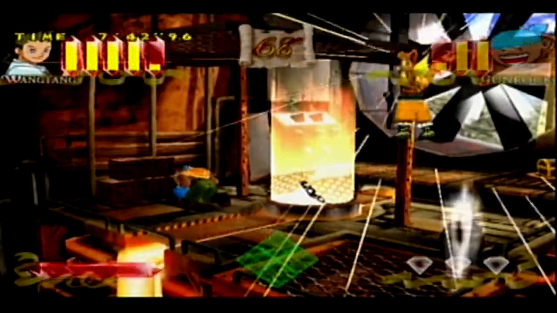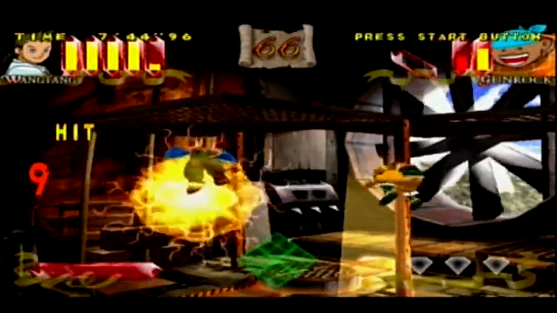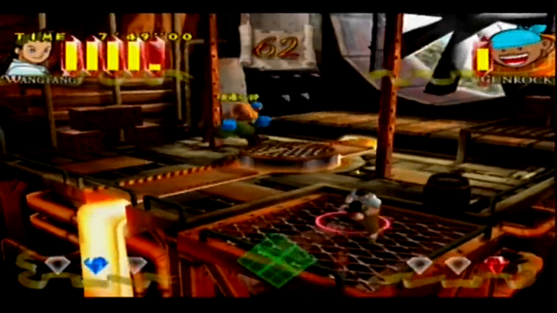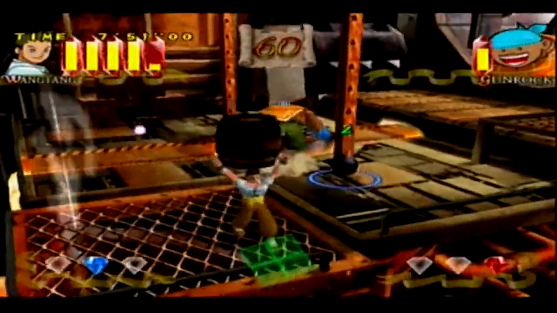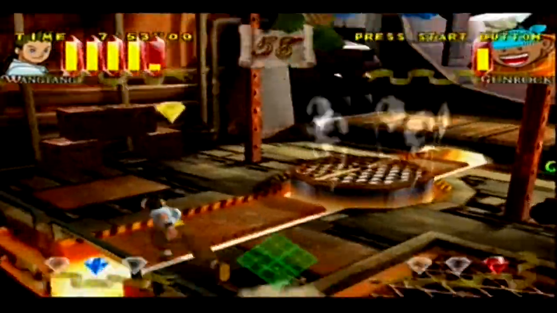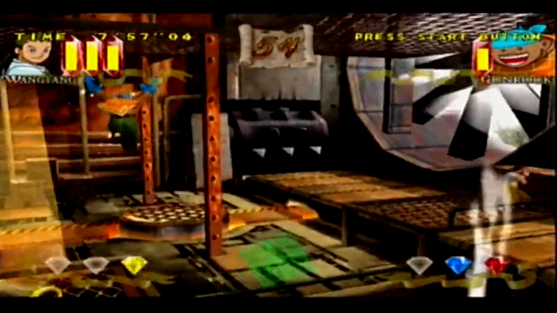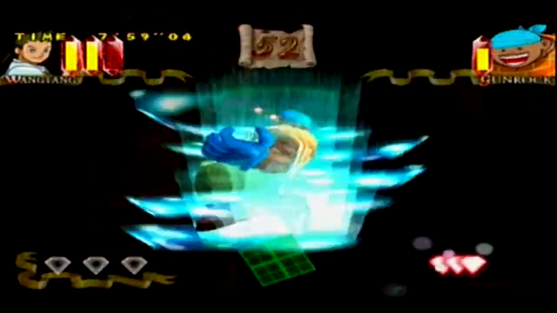Hopefully we can deal with Gunrock without too much difficulty here, because he has one of my least favourite powered up states, which is just this huge rock dude who will literally... I mean, he squashes you anyway when he isn't powered up. Hopefully... No, there we go. He throws us across the stage. But he does this rolling thing, which...